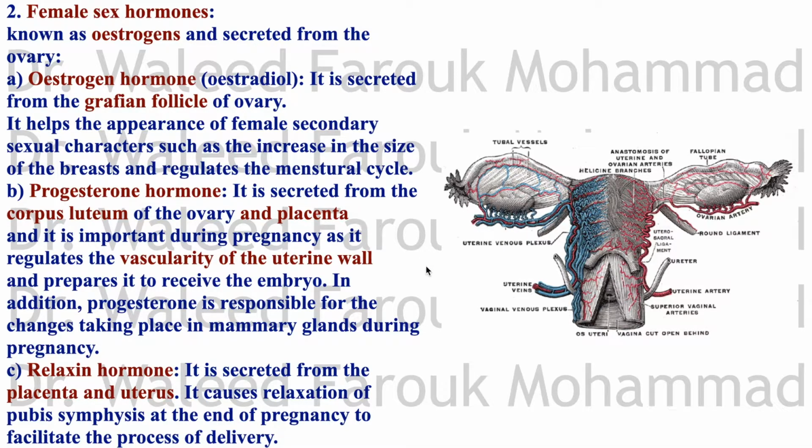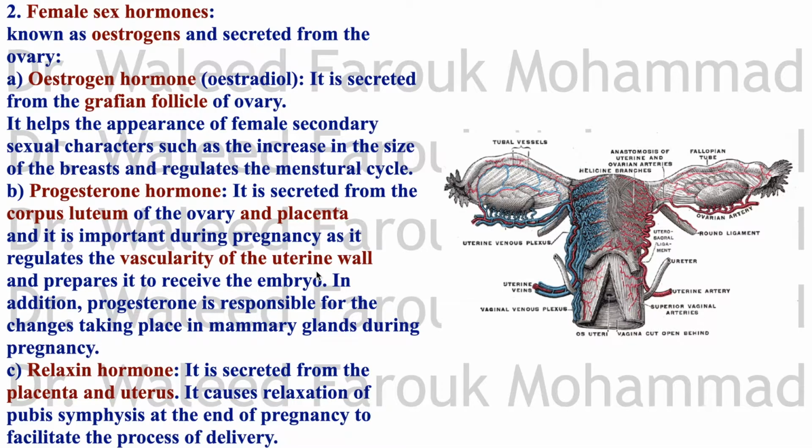Progesterone hormone secreted from the corpus luteum. Remember, responsible for formation of corpus luteum, the luteinizing hormone from the pituitary gland. Okay, it secretes progesterone and also from the placenta. It is important during pregnancy, regulates vascularity of the uterine wall. ده اللي بيخلي الفاسكولاريتي في اليوتراين وول تزداد جدا، الاوعيه الدمويه تزداد جدا عشان تغذي البلاسينتا، عشان تغذي البيبي اللي